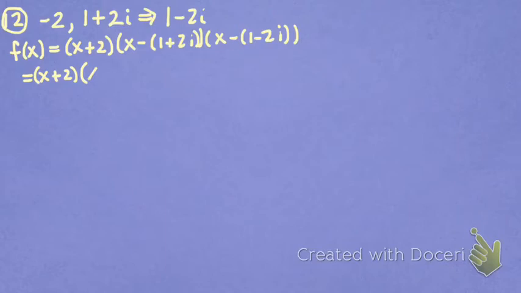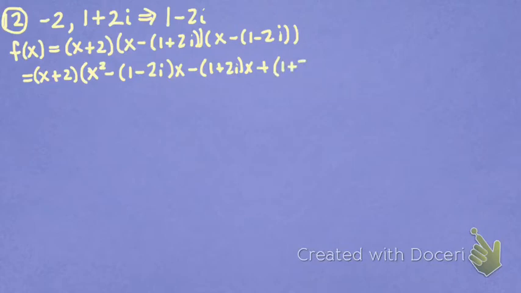And x times x is x squared. And then our outer product is minus 1 minus 2i x. Our inner product is minus 1 plus 2i x. And then the product of the last is minus times minus gives me plus (1 plus 2i) times (1 minus 2i). And then we come back